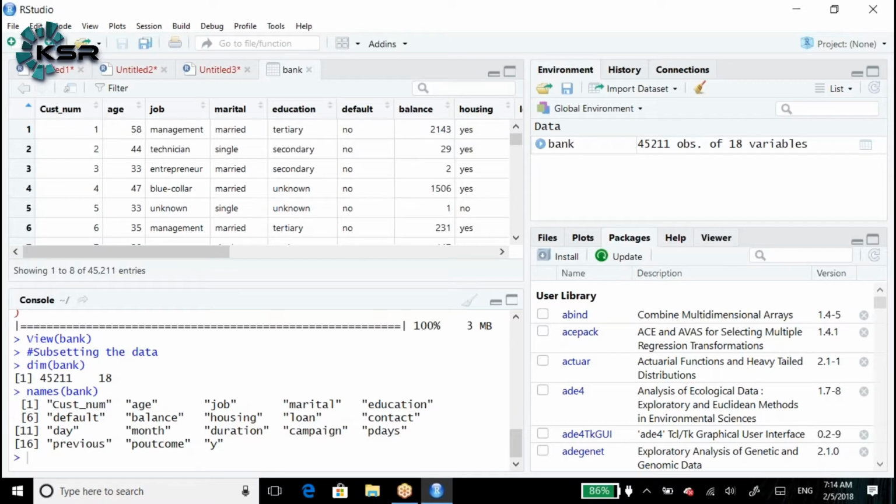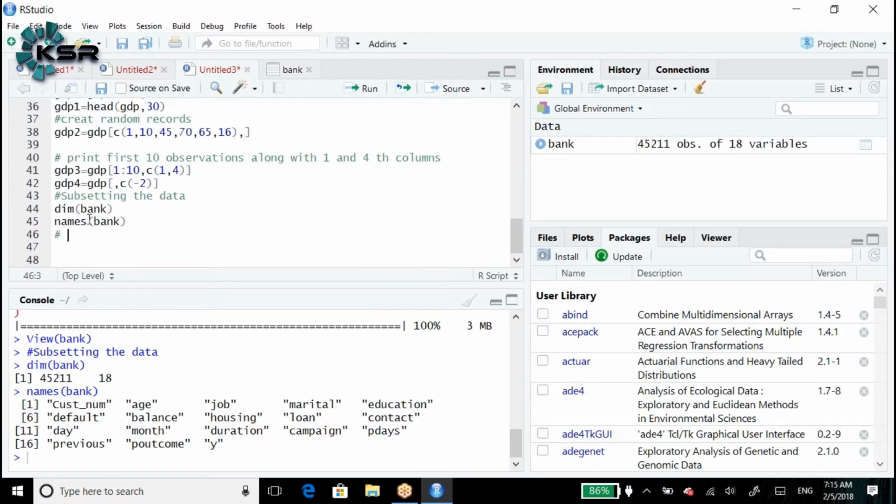List is one data type used to create the data frame. Have you ever heard about the table function? Yes, last session we were discussing the table function. Table function, what does it do? Table function will give us the count of the records, how many times a particular level is repeating. Let me do the same thing here.